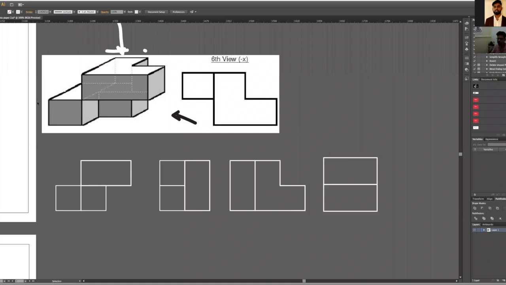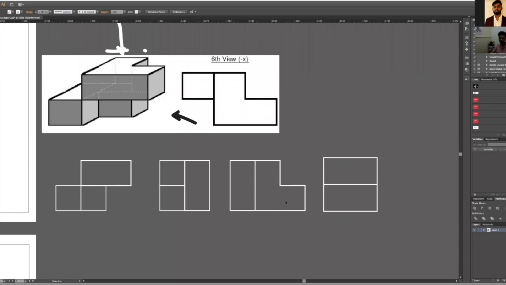Sir, I have a question. Yeah. For the front view, if we count, we can see two cubes side by side. But when we see it from the top view, we can see three cubes side by side. 1, 2, 3.